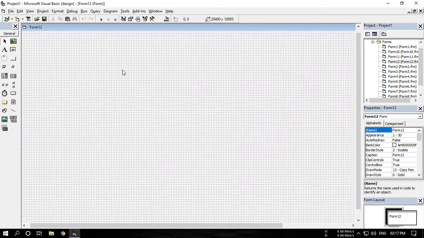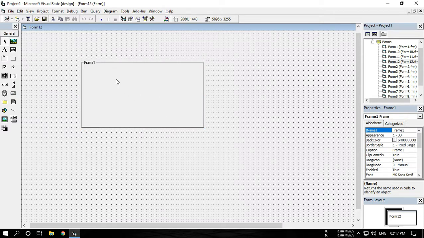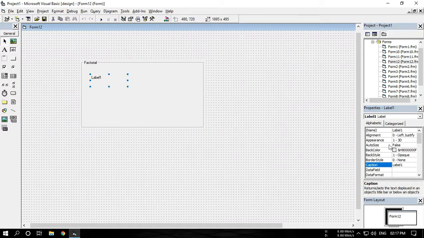Okay, let's make a simple program where we're gonna enter a number and it's just gonna show the factorial of that number. So for that we are taking a frame and we write it as factorial. Inside that we are taking a label where we're gonna write enter a number,